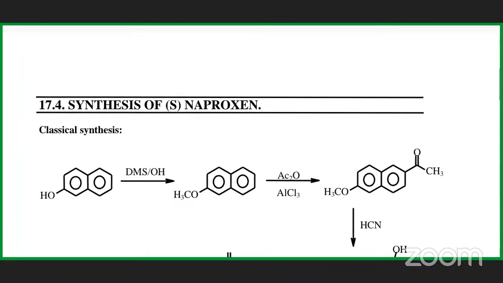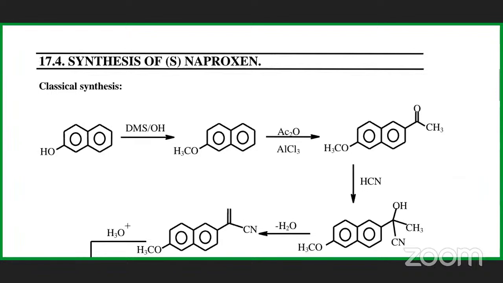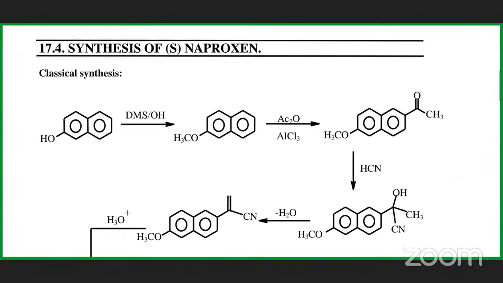So we'll see the classical synthesis. Here they are taking beta naphthol as the starting material for naproxen, and simply doing a methylation reaction. In basic conditions, they add DMS, dimethyl sulfate, which is generally a methylating agent. The methyl substitutes for the hydrogen in beta naphthol, and it gives